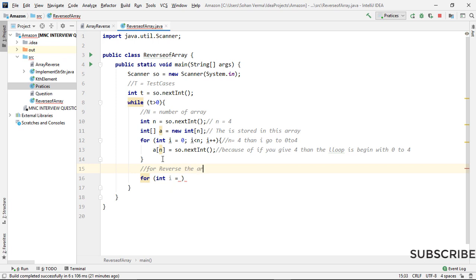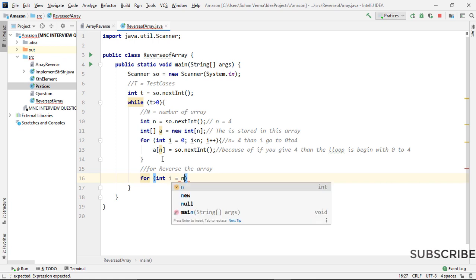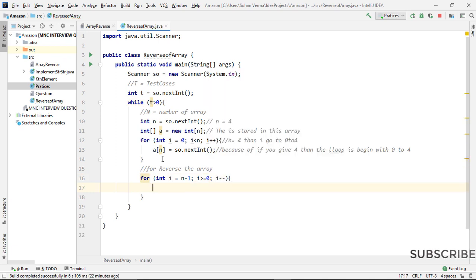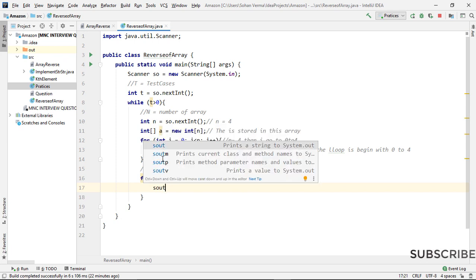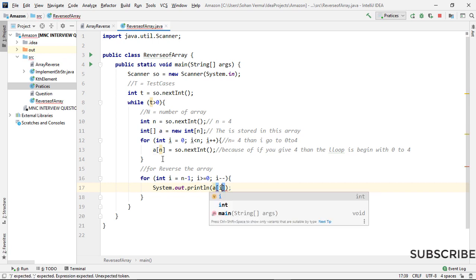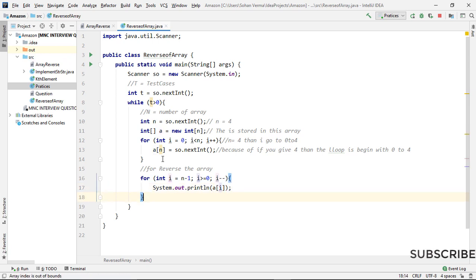So now we start from n minus 1, I greater than or equal to 0, I minus minus. Now you have to print a of I. And don't forget to remove the ln, so it doesn't print on a new line each time.